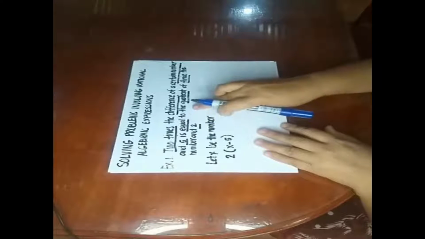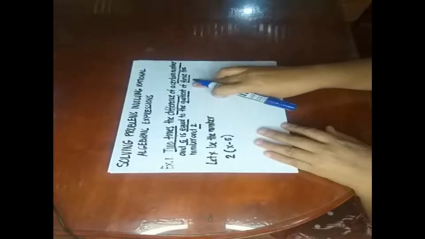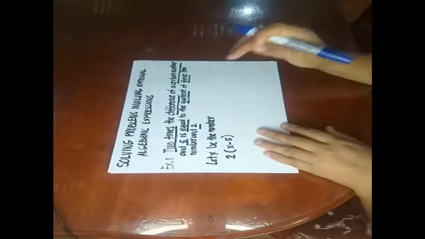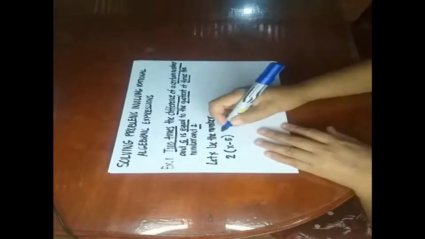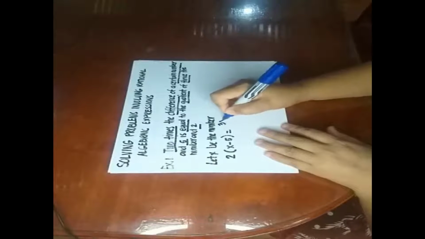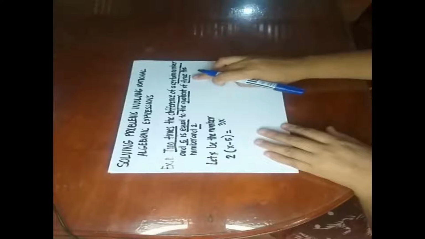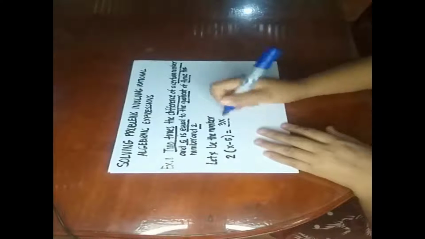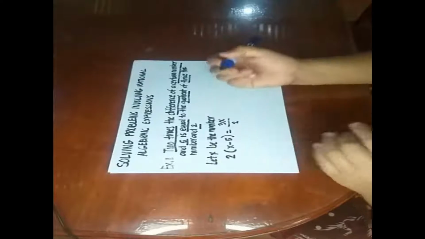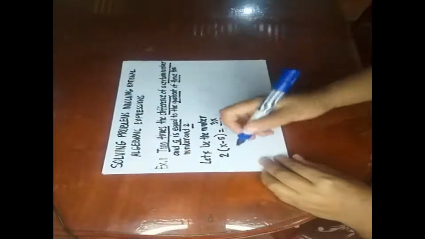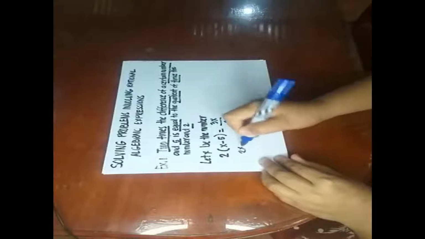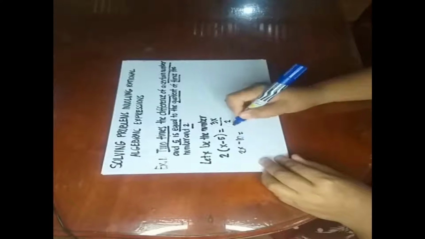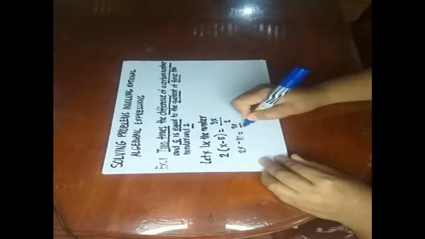Is equal to the quotient. This divides thrice the number and 2. So quotient means division, thrice the number. Thrice is 3, twice is 2. 3x over 2. Then simplify. 2 times x is 2x. 2 times negative 5 is negative 10, equals, copy, 3x over